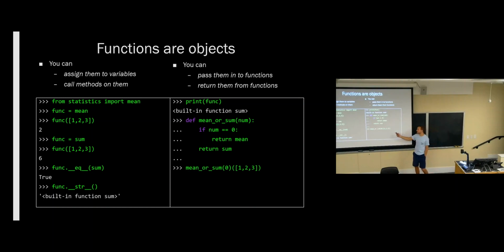And now if we call this function, we have to call it in kind of a weird way. So we tack on these parentheses here, and we're calling this function. We pass in a num. And then we passed in 0 here, so num is equal to 0, so we return mean. So the result of this expression here, everything up to that parenthesis, that is now mean. So to call mean, we now have to tack another set of parentheses on.